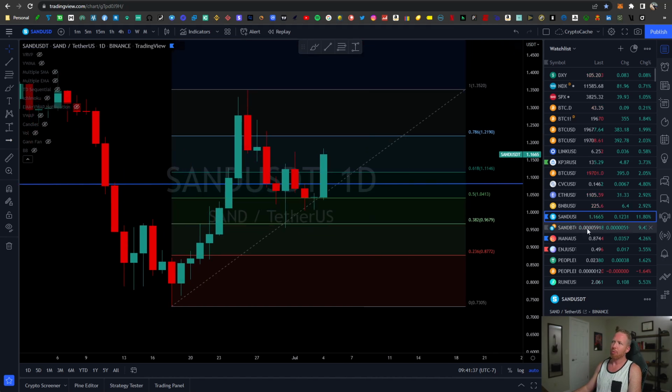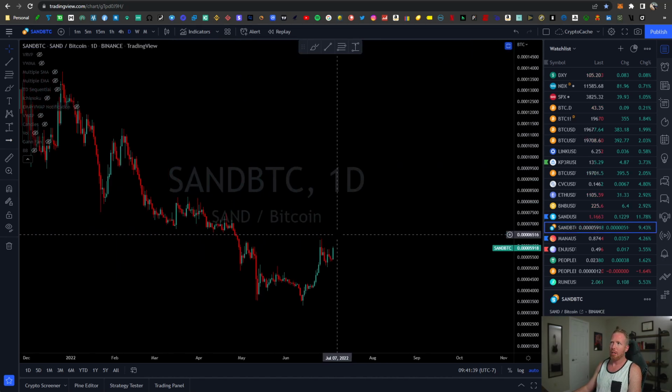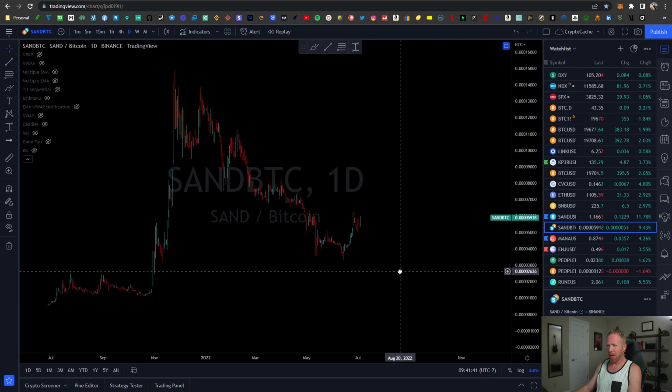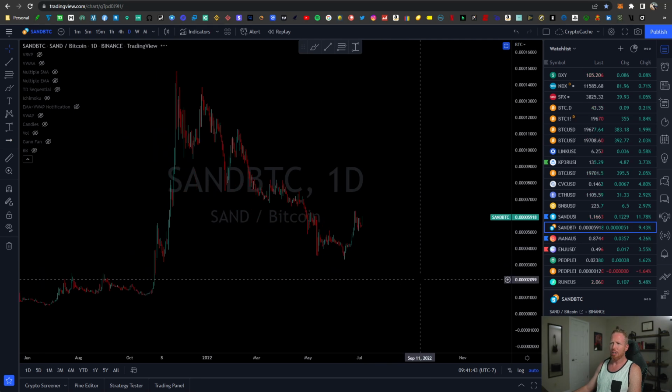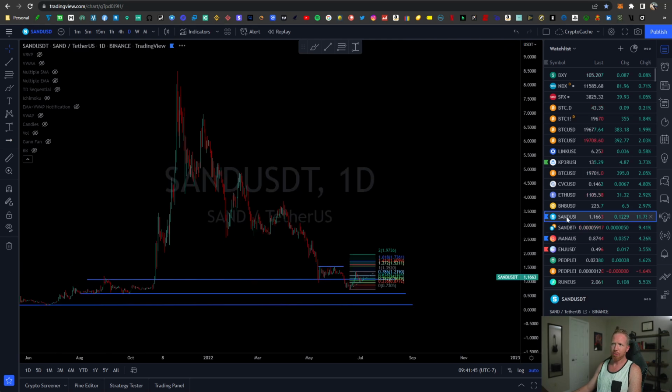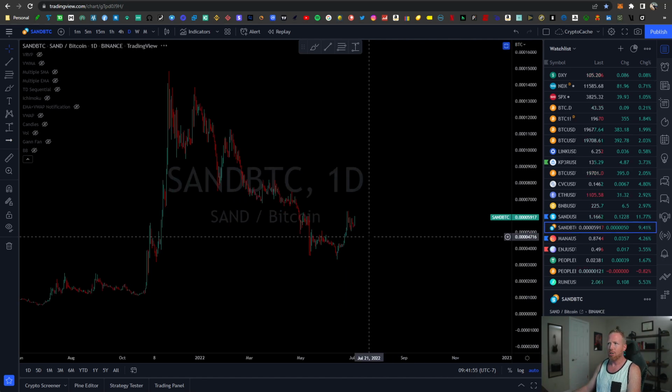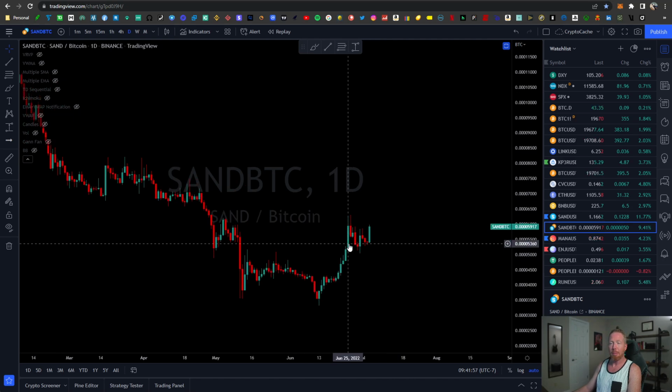and of course, it does look like it's doing very well. If we compare that with its Bitcoin pairing, we could see it's doing tremendously better. So if we compare that with Sandbox, you can see how low the traditional USDT went. $1.16. Obviously, Satoshis is different. It's hard to translate the difference between those two, but you can see on the charts just how much better this Bitcoin pairing looks,